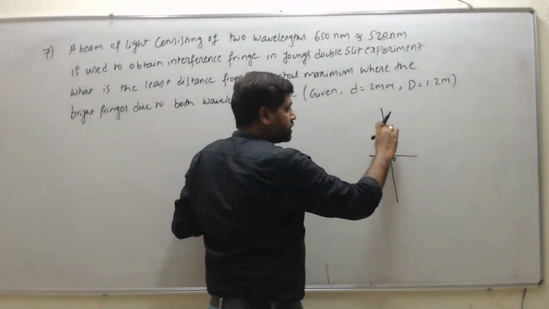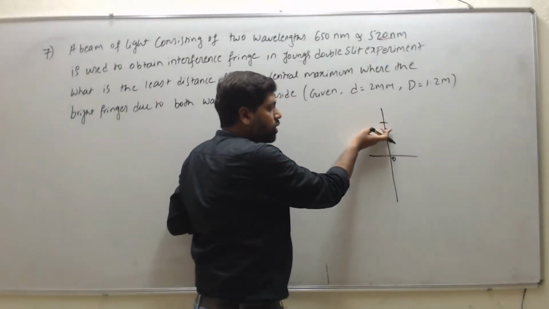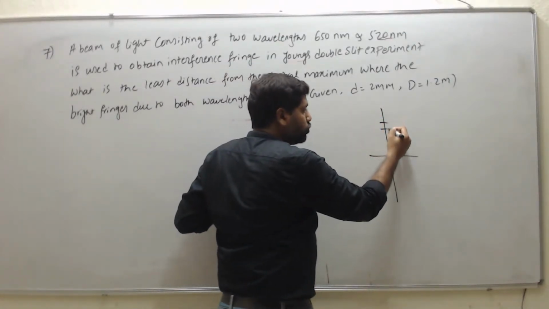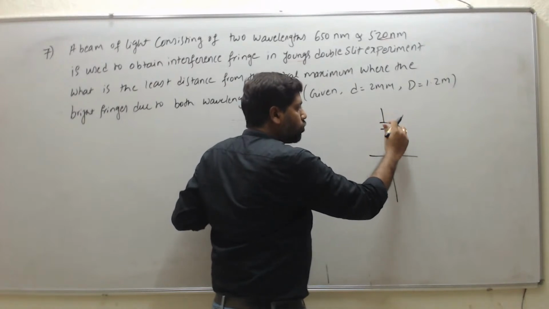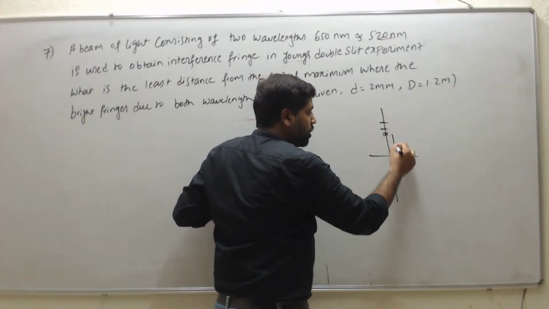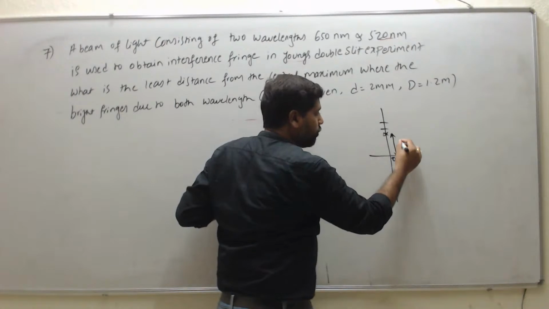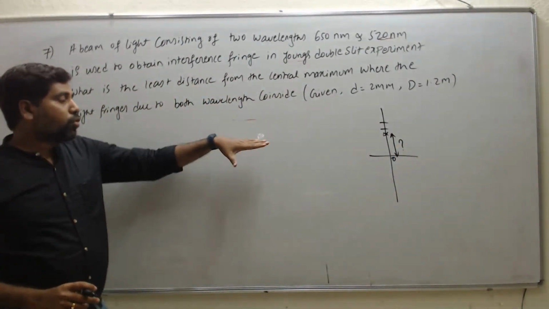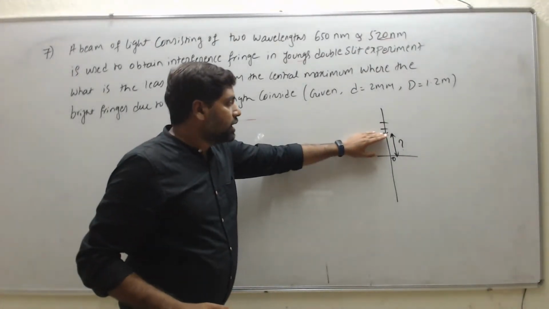If we take them individually, they form separate fringes. So when these two lights are coming, these two fringes coincide somewhere on the screen. So we need to find at what distance from it they coincide, at the least